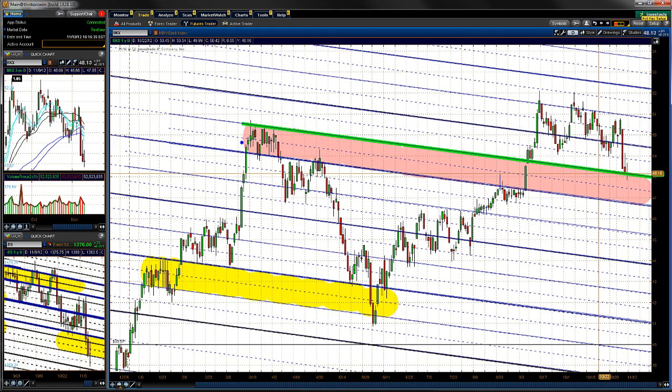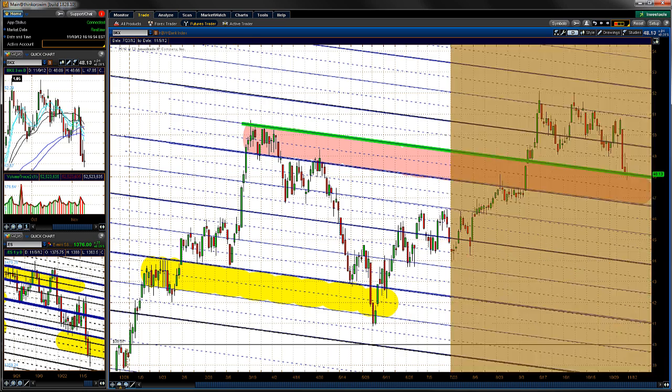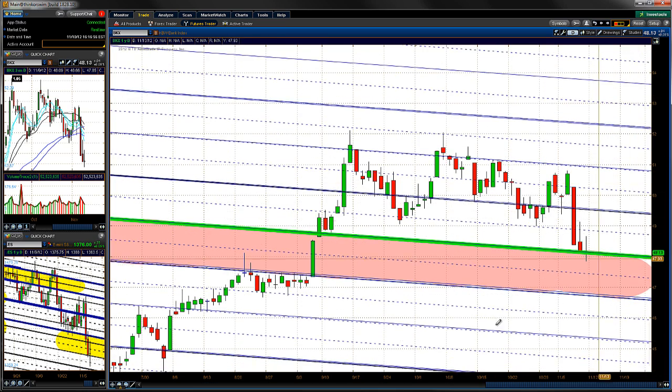You can see how we had this nice little high base consolidation. All right, we broke down. The backtest held. We sold off. Had this nice little consolidation right here, my little proprietary channel. Called a long on the BKX right here. You can see that. All right, we broke out, and now we're kind of in some trouble here as the